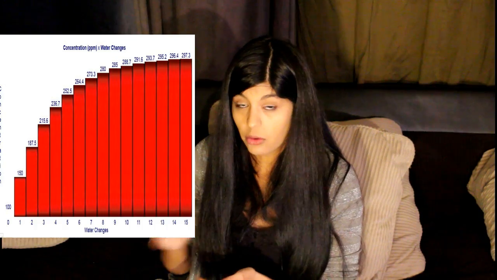Now, if we wait a week, and during that week our fish produce another 100 parts per million of nitrate, now our total is 175 parts per million. If we take that and do another 25% water change, we're really diluting it very little. Yes, the number will be less than last week, but overall, our nitrates are slowly increasing every week.